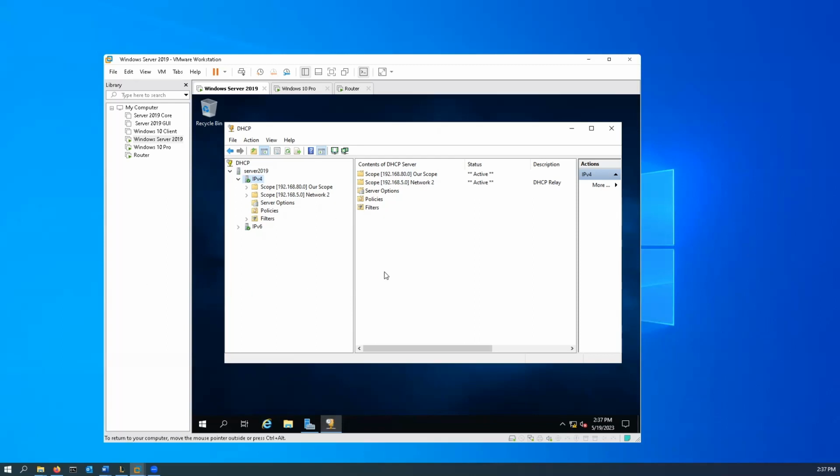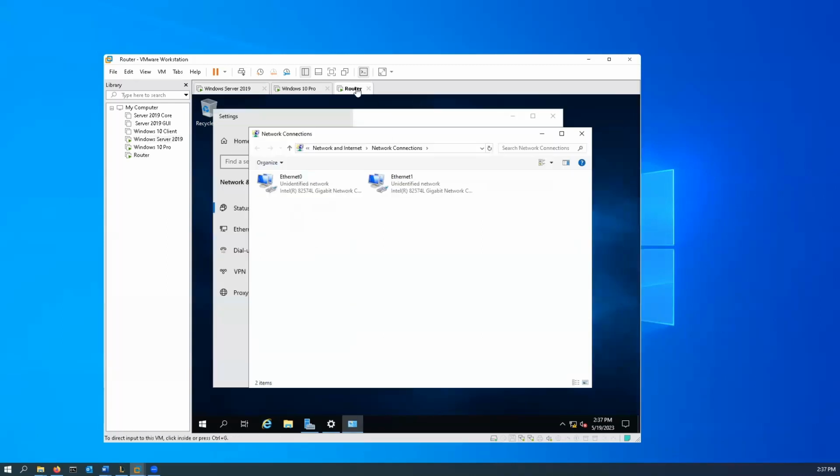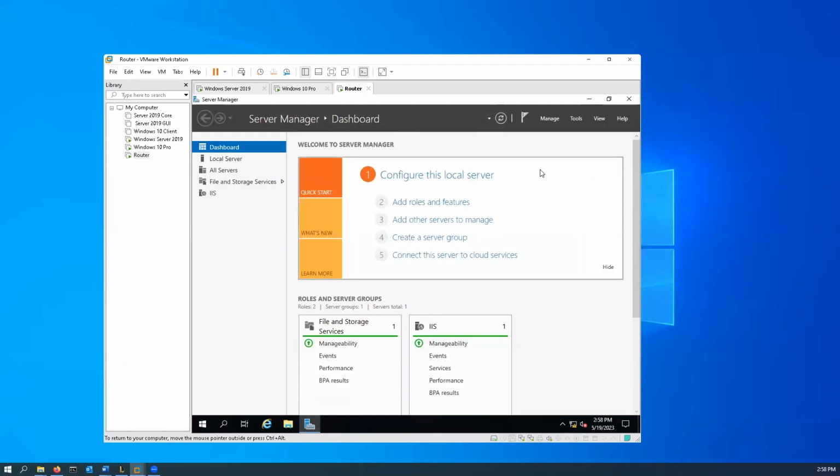So now what we need to do is we're going to go ahead and set up DHCP relay. In order to do that, we're going to come back over to our router computer that we created. And before we can get started on that, we want to make sure that we have a couple things set up. Okay, now that our server is built,